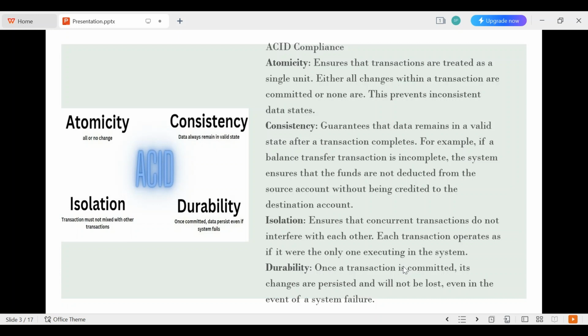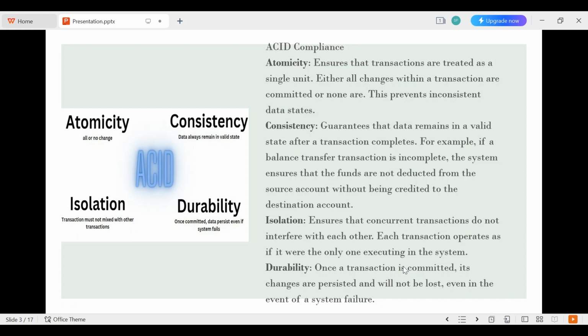Consistency guarantees that the data remains in a valid state after the transaction completes. For example, if a balance transfer transaction is incomplete, the system ensures that the funds are not deducted from the source account without being credited to the destination account. As we have seen many times in the real world,